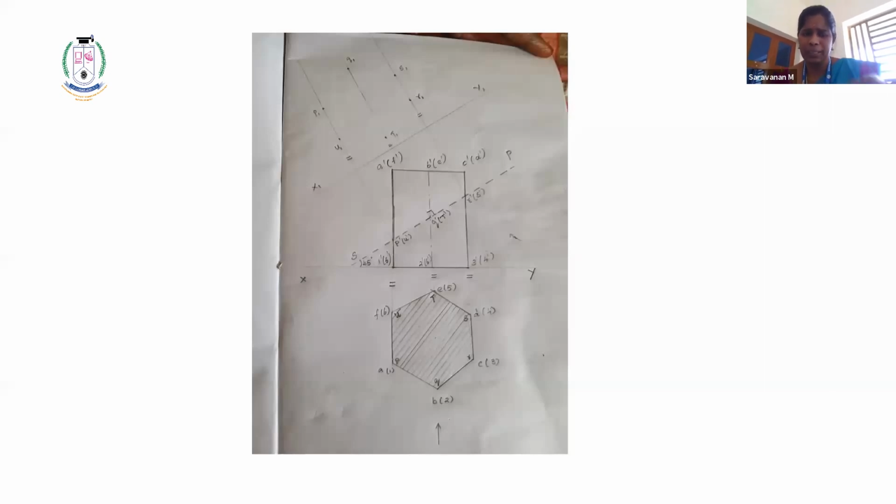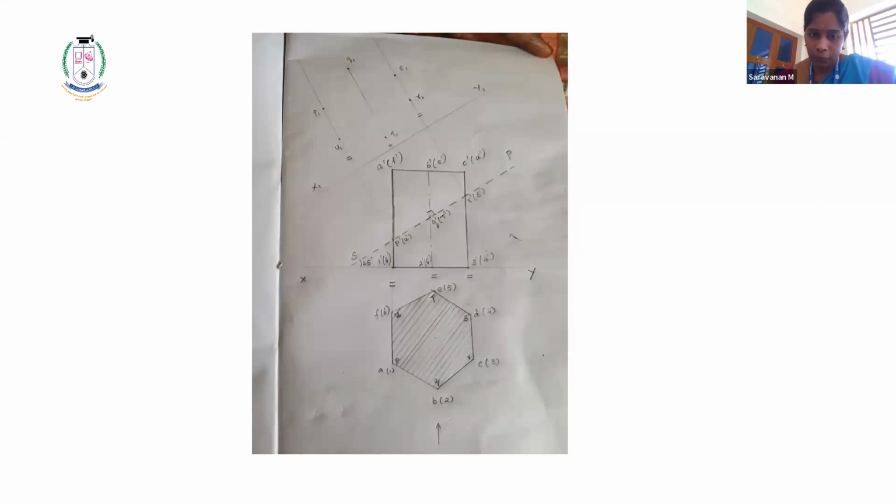So from the XY line, first you measure from 1 dash to U dash. Sorry, from 1 to U, measure. From XY, I'm telling, from XY. How do you have to measure? You observe, I have given the double line. So where you have to mark the shape, where you have to measure the distance.